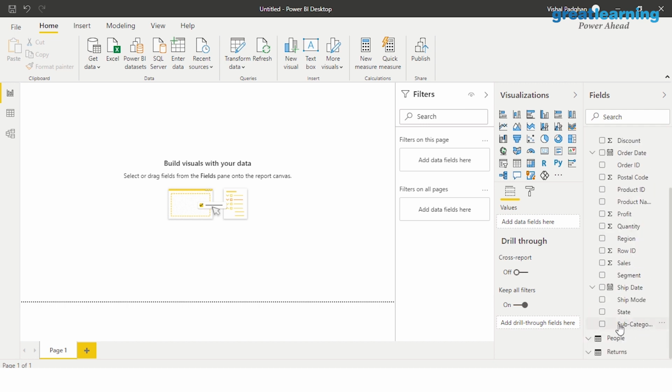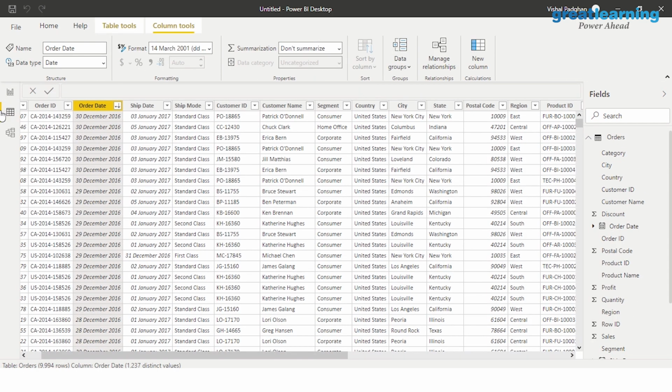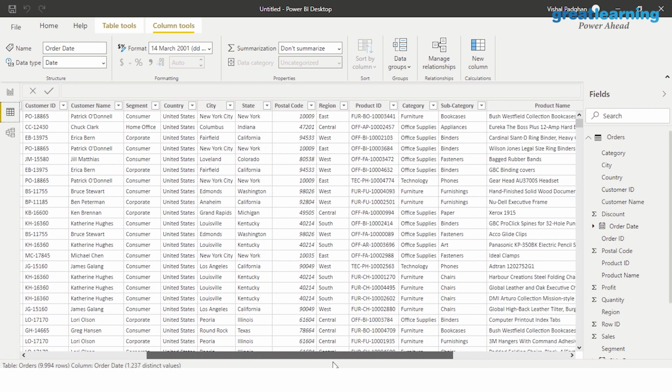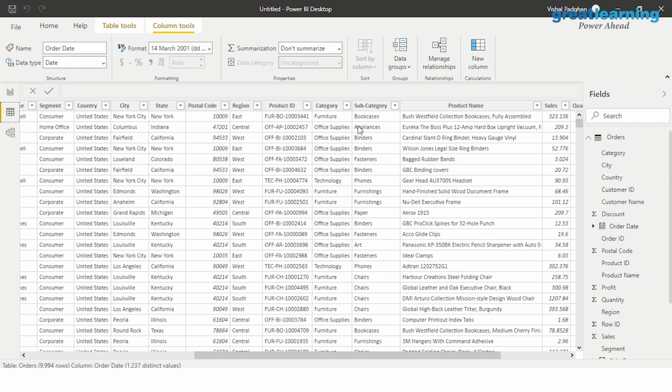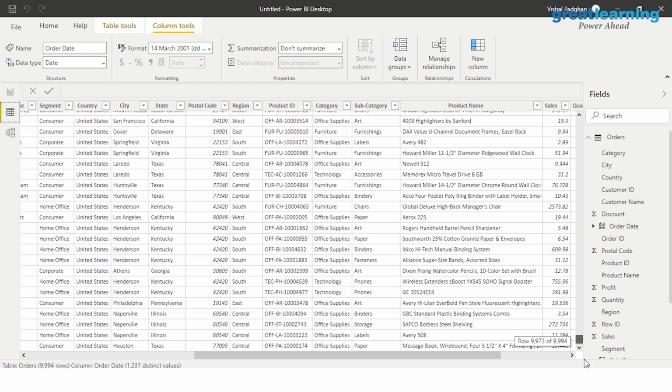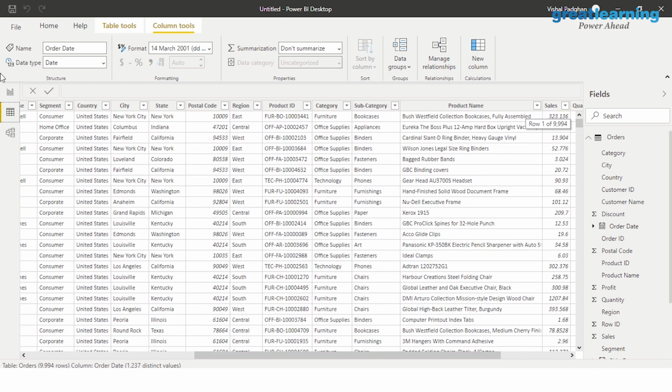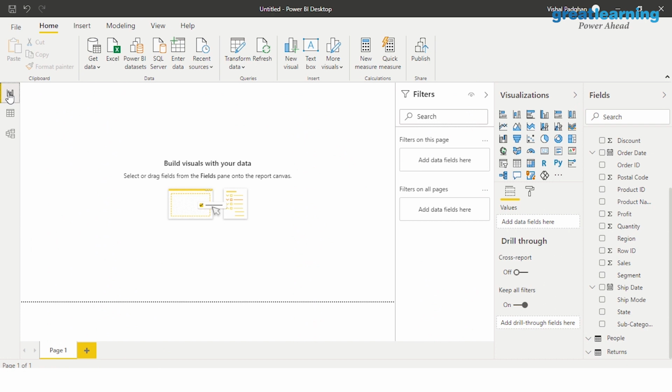So here's a column called subcategory. Let's try and write a DAX function for it that gives you the count of the subcategories that we have with us. So if we come here in the data source, you'd get to know that we have this category of subdata somewhere, right? Let's assume that I want to count all these categories. Now, fortunately for us, we can keep track of it. If I scroll down, you would see that there are 9994 rows. So our count should be around that, right, if we create a count measure for this particular subcategory.